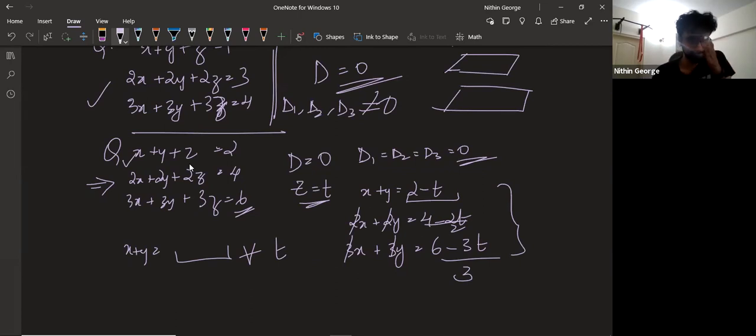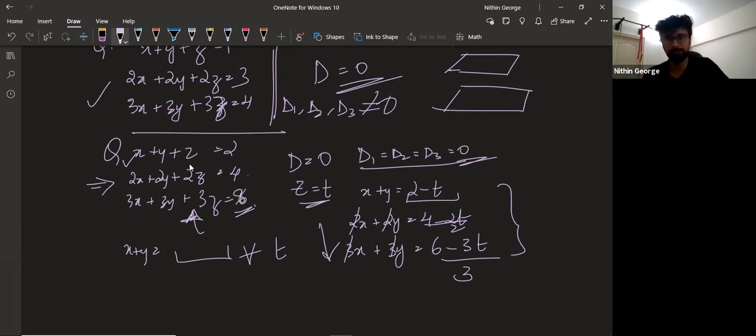What I want you to understand is they are the same plane. All three are the same plane. So it will have infinite solutions. That's all you need to check. If they're the same plane, boom, infinite solutions. You don't even need to do all this, but this is the classical way of doing it. This is how I want you to do it. Just look at it. Three planes. They're the same thing. Nothing to worry. Infinite solutions.